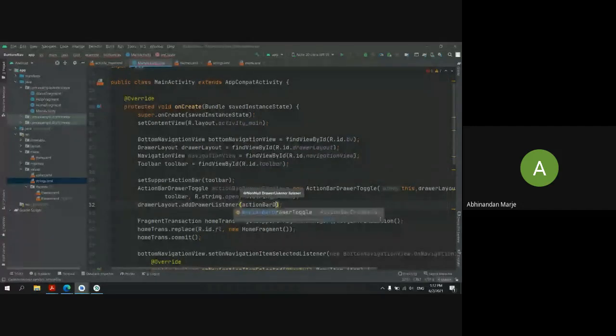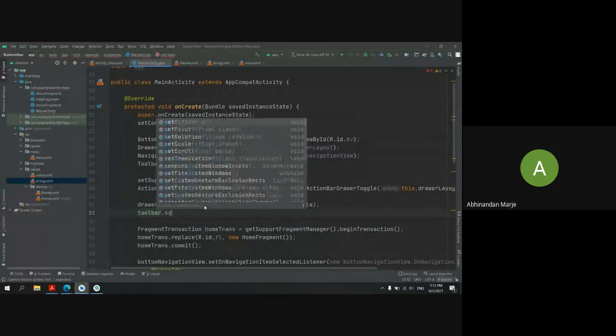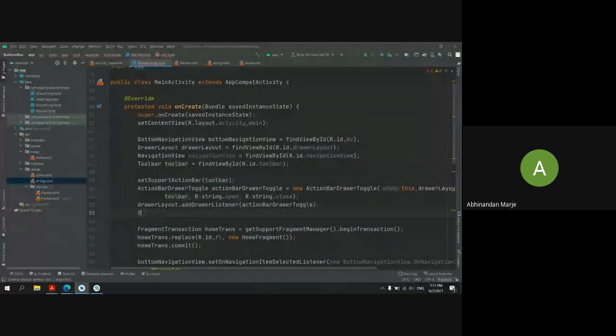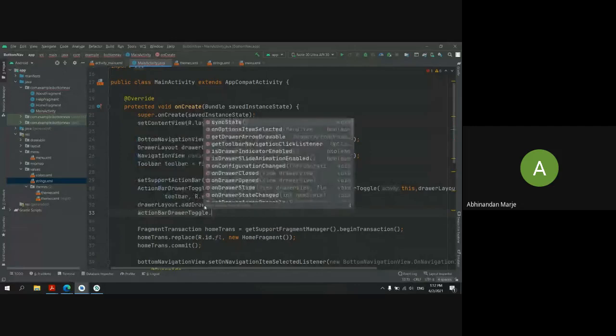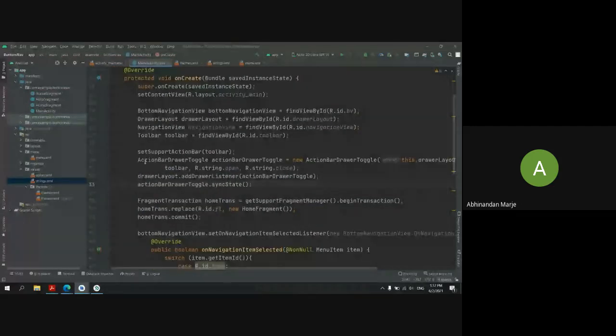And next I want this to be synced, so toggle dot syncState. Okay. So now I have added the toggling button here.